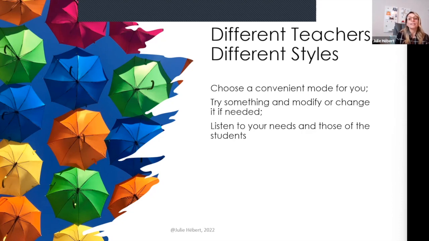Now, regarding the extra time required to plan a dual mode teaching course, I'd like to say that it does require more time to prepare a dual mode course, but I want to insist on the first time. Of course, the first time will require some extra time to reflect on how you will deliver